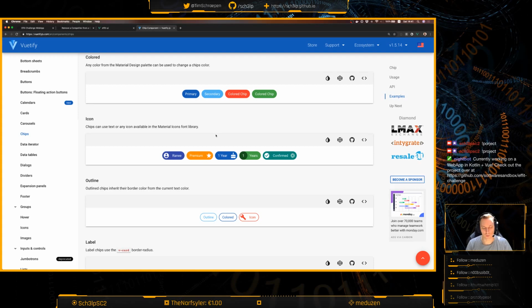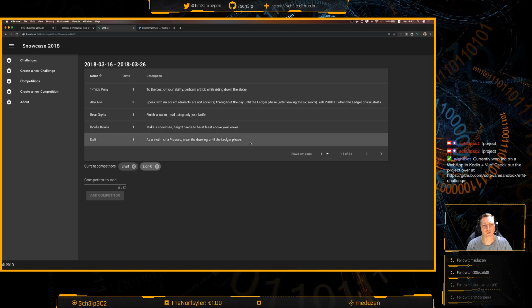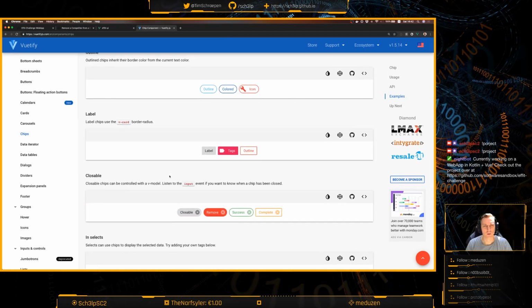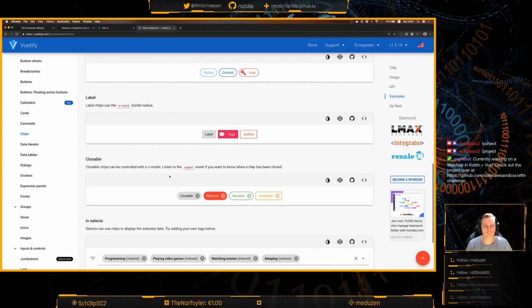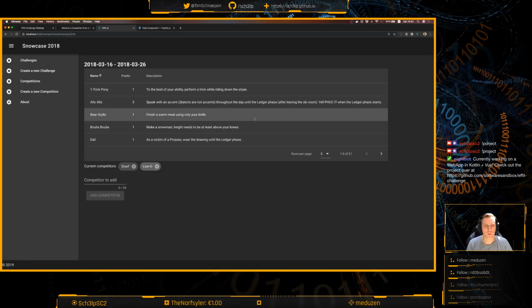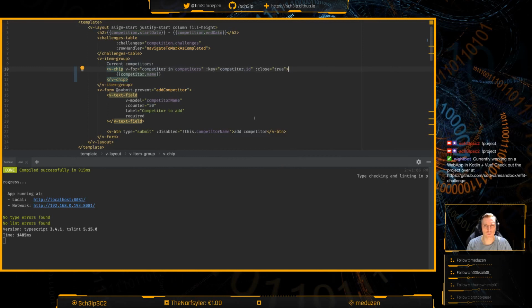Ooh, what we also could do actually is display the points this competitor has. That would be cool. But maybe for a next feature. Listen to the input event if you want to know when a chip has been closed. Okay, cool. So that's the only thing I'll need to do is